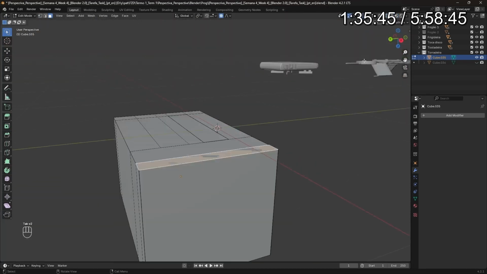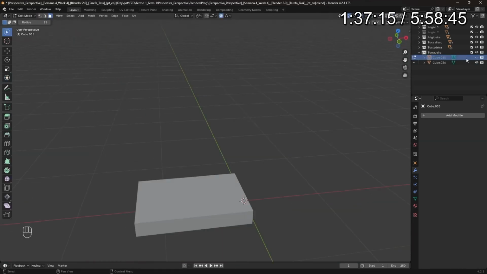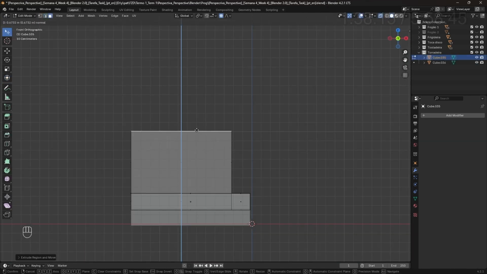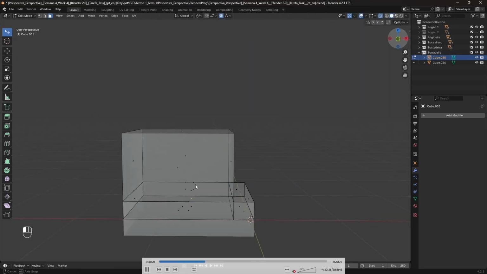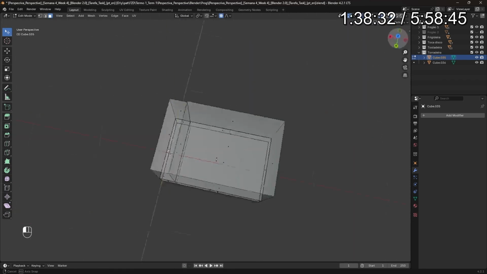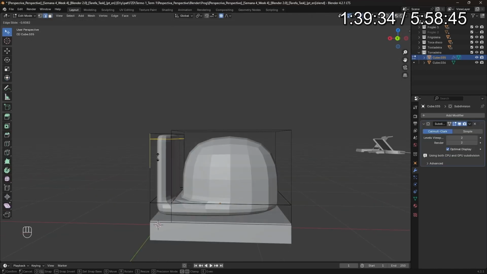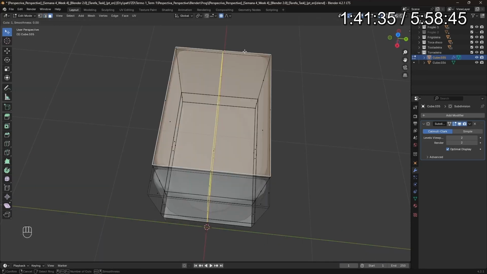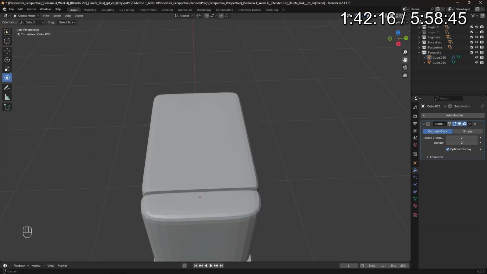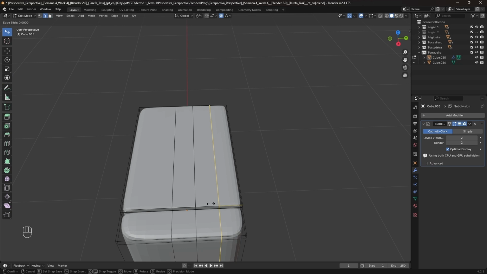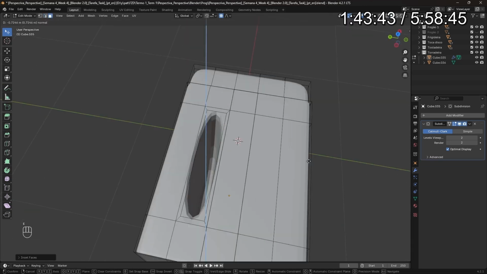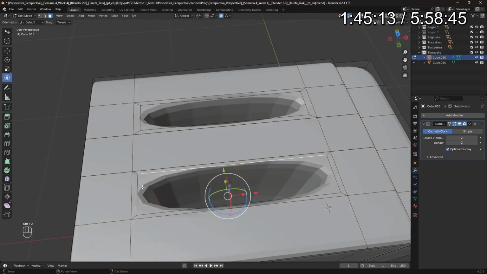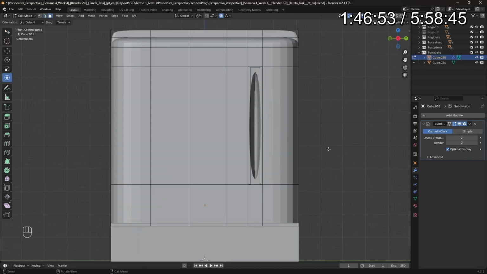Basically, to solve this problem, what I needed to do was to do this separately, using a cube for this part and another cube for this part. But I was trying to do it with one cube, and I managed to do it, but not the way that I wanted. So basically we have the basic structure. Over here I wanted to do this top part. My idea was to use boolean over here, because if I use boolean, this will be easier. But anyway, we have this kind of result for the toaster,